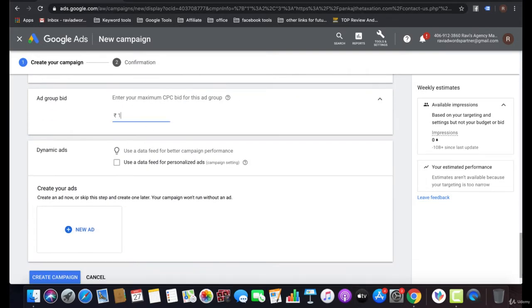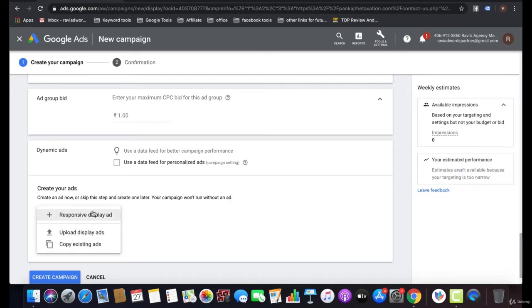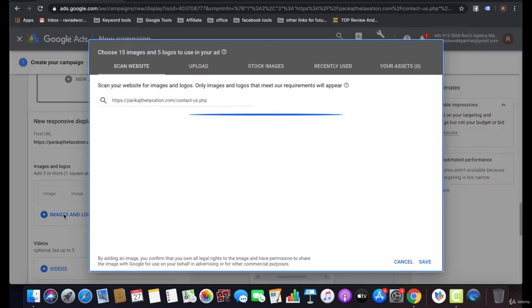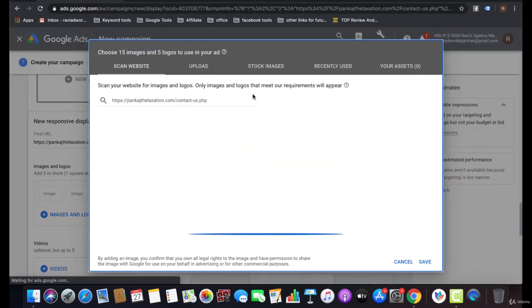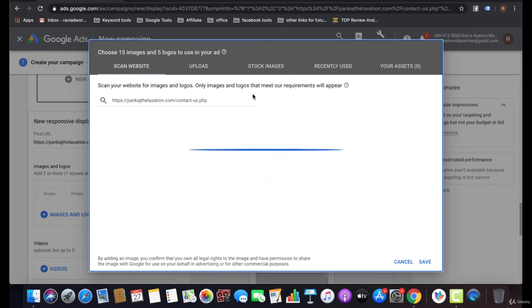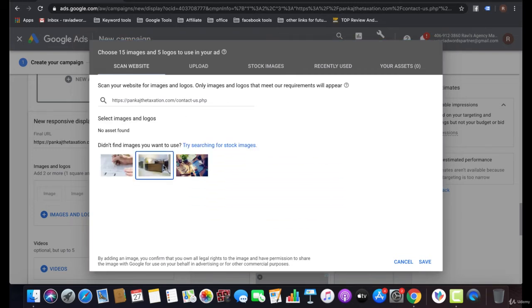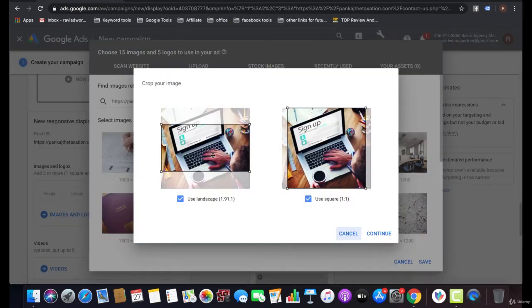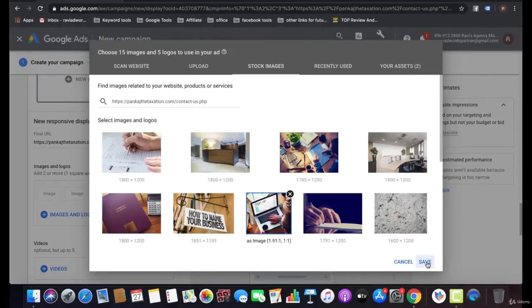and you can do the bidding as well, and you can create new responsive display ads as well. You need to again submit the images or different video or different image you want to show. You can select those here. I'm going to select those.